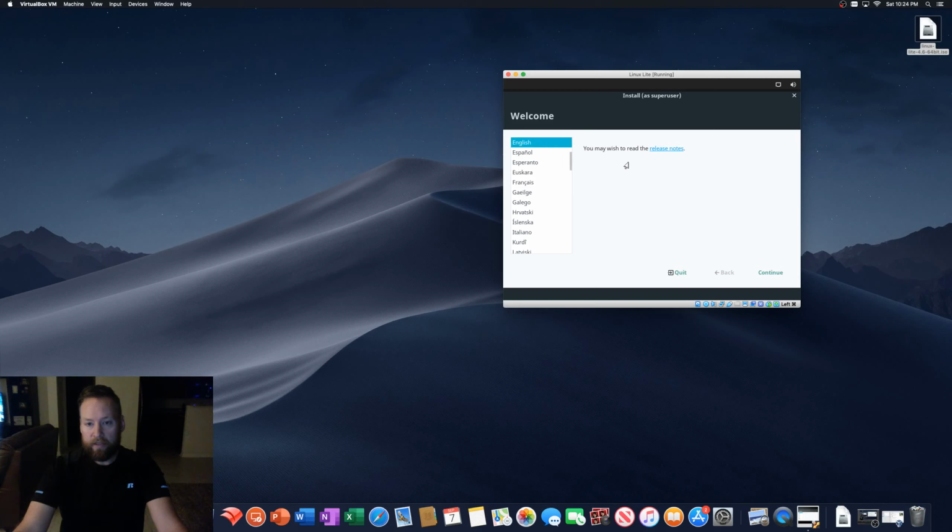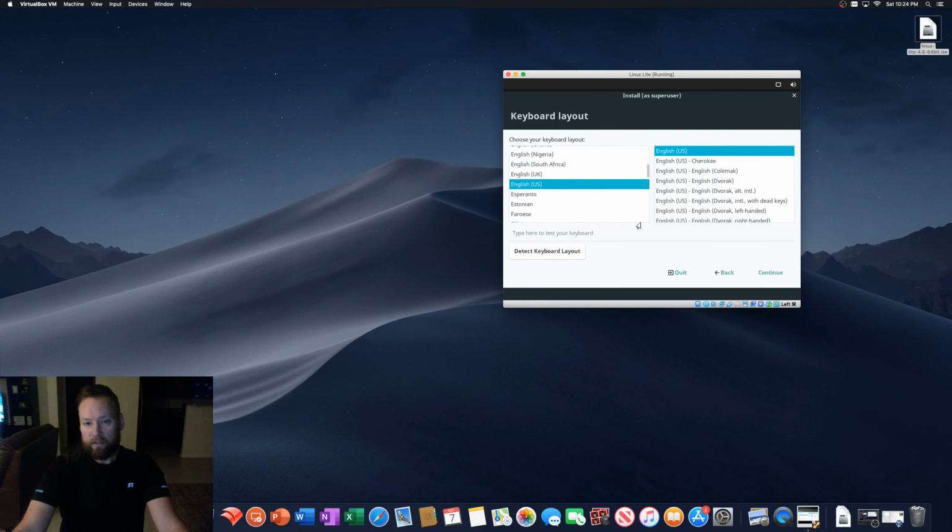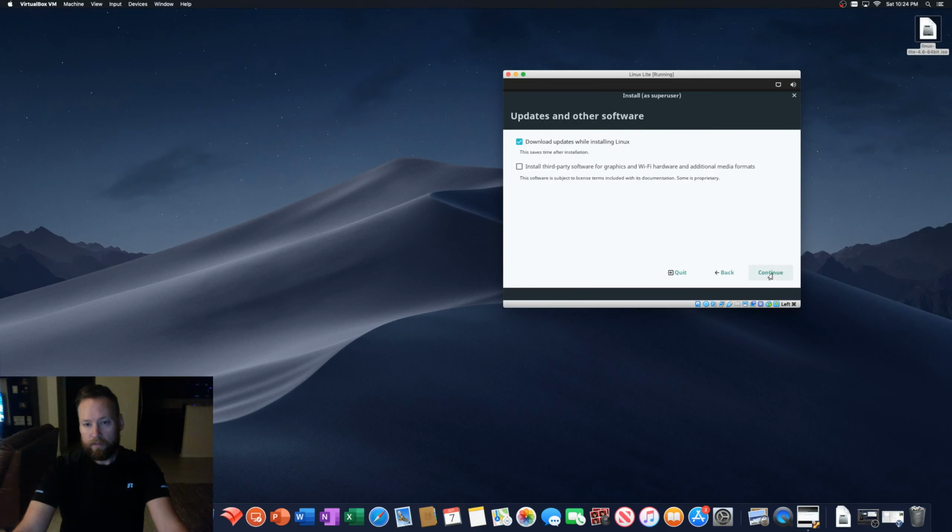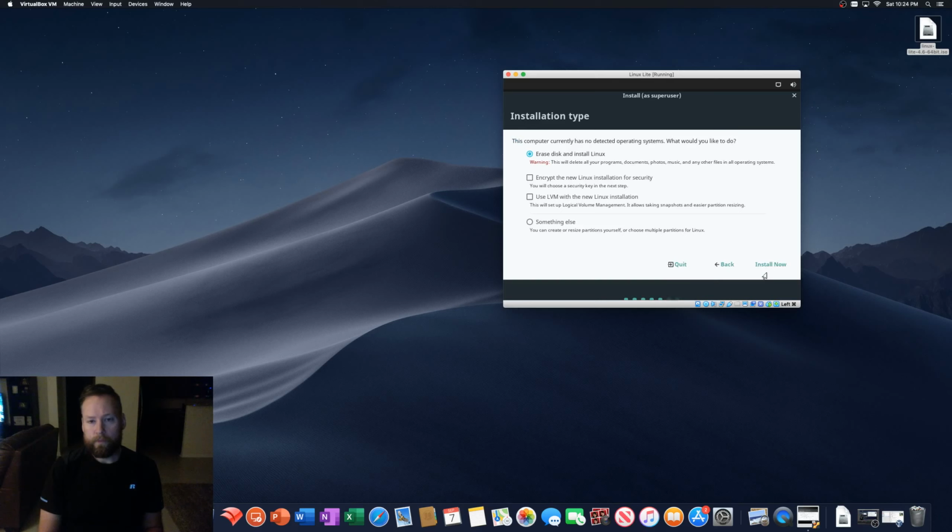and English. I don't want to read the release notes. That's fine. English. Download updates. That sounds good. Install third-party software for graphics and Wi-Fi hardware. Sure, why not? Okay, so